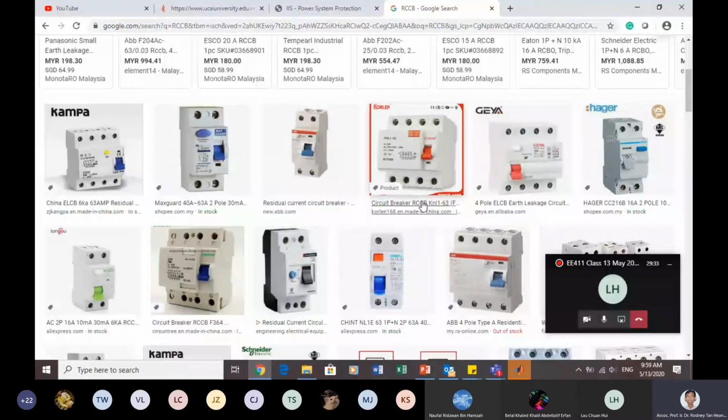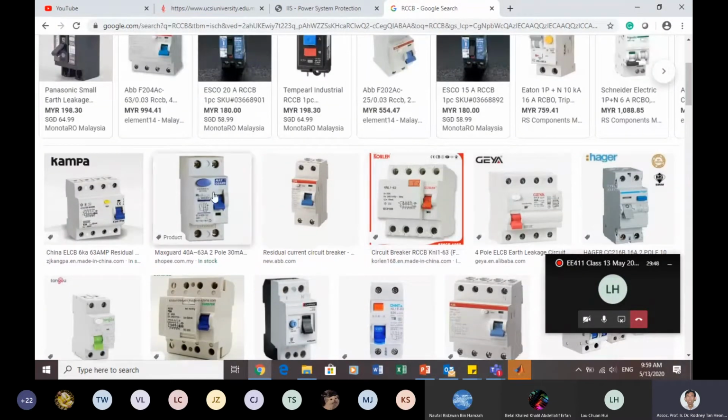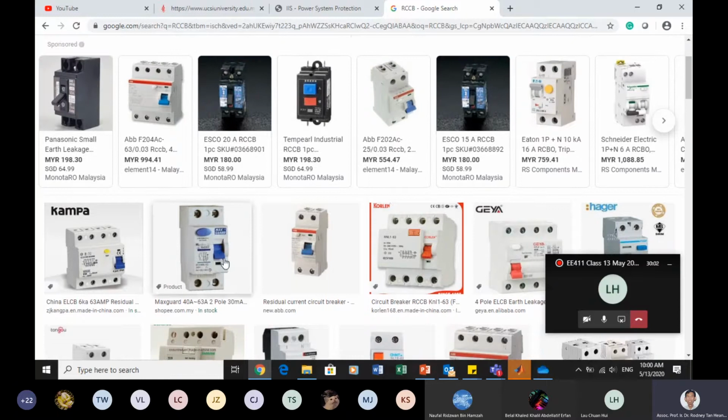RCCB does not protect against overload and short circuit or fault. It protects against leakage current. And the test button is very important here. You should press this test button every 6 months to make sure this thing is still working, because it does not work forever. There are many accidents where people get electrocuted, simply because